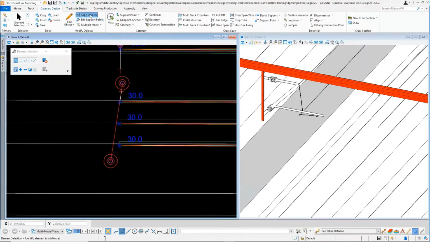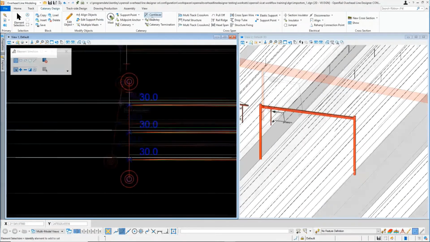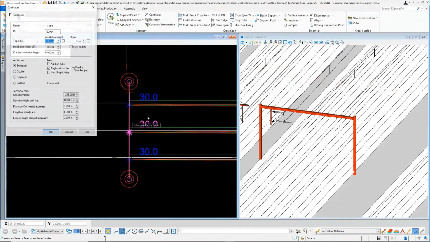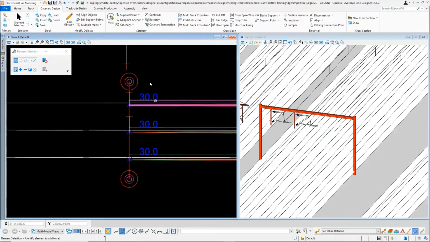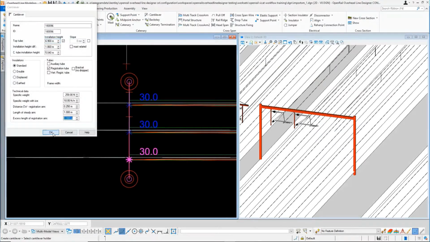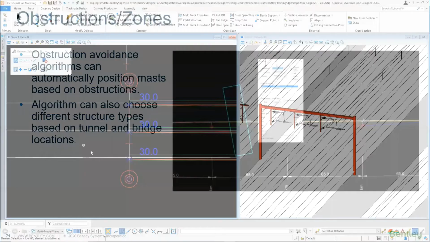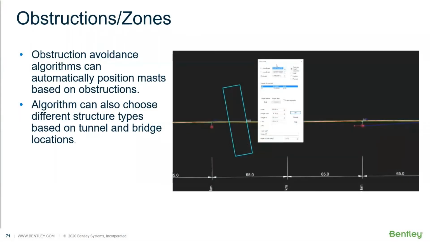You can see that you can put in the portal as well. So you can see the components will adjust to fit with your track alignment, so you don't have to adjust yourself, which may not be accurate. Okay, that's about it. And also for the automation function, whenever you have referenced some objects as an obstruction in